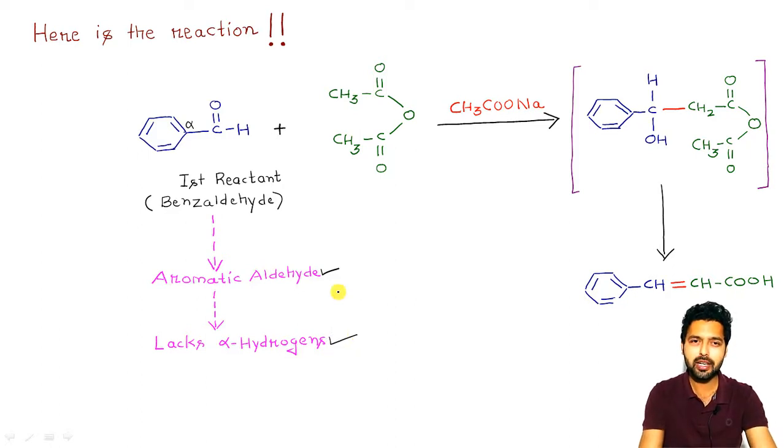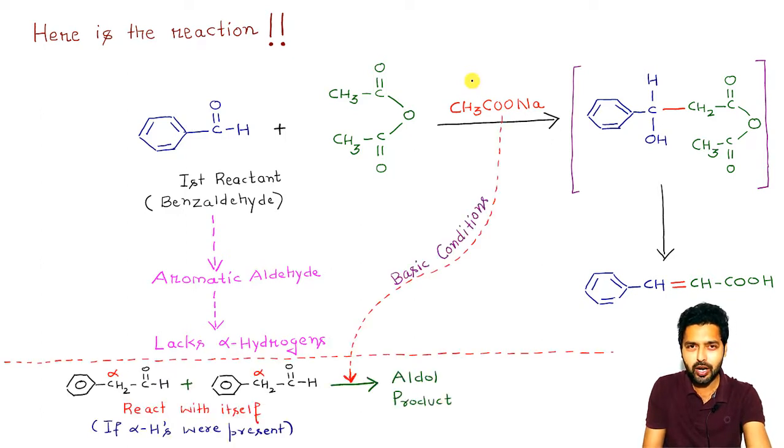Now there is a reason why such a type of aldehyde molecule has been selected in this Perkin reaction. If you look at the conditions which I have written on this reaction arrow, they are basic in nature. So under such basic conditions, what could happen is that if instead of an aldehyde which does not have alpha hydrogens, just imagine we are using an aldehyde containing alpha hydrogen